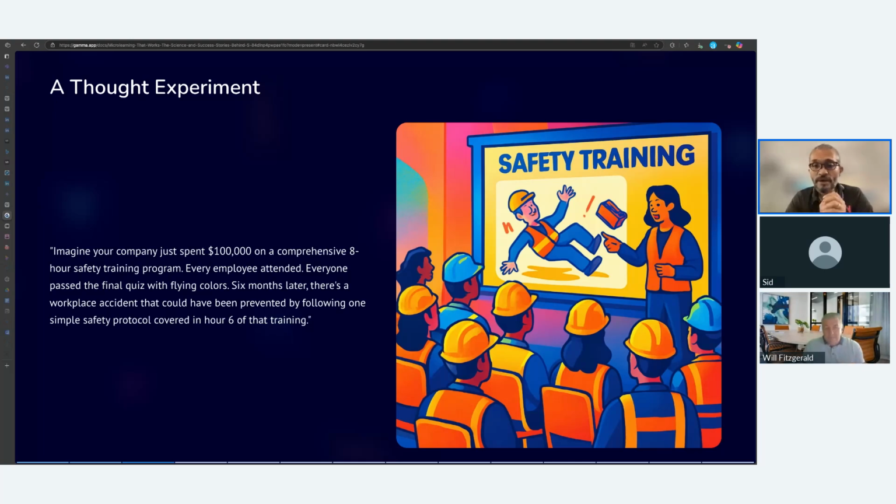But we do hear of situations where, right after that, probably 6 months or a year down the line, we come across instances where things have failed. And when we trace back, doing root cause analysis, we see that something has failed within that initial training program. Something has been missed out. Say, in this case, a small little protocol that was covered in probably hour 6 of that 8-hour program. That's what was missed out, and we have this instance, and then we have that incident. What do you think? I mean, this is something that we see regularly.